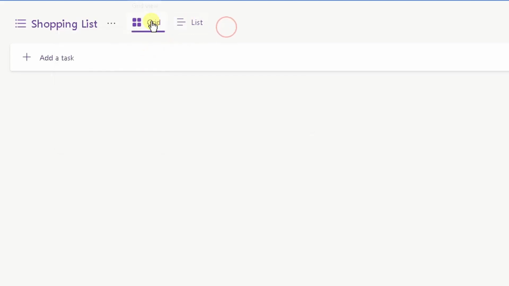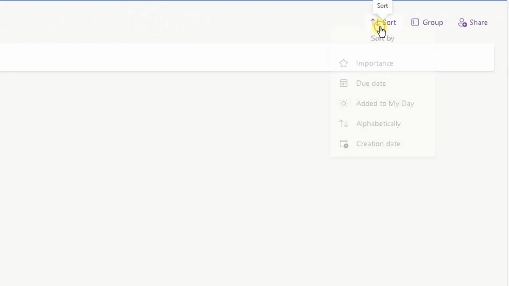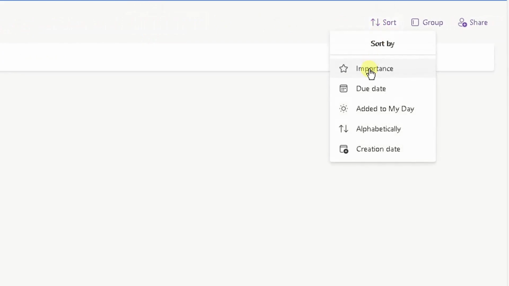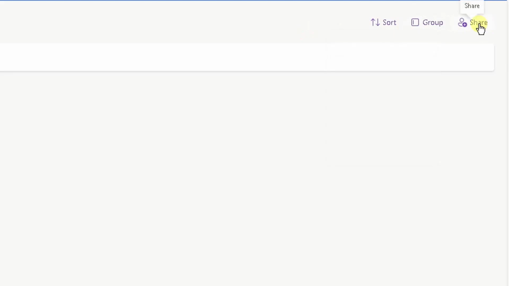And there's also different views you can have. You can have a grid view, a list view here, so that's entirely up to you which one you want to use. Play around with it, get familiarized with To Do. Scroll across to the right, you can sort in order of importance, due date, added alphabetically, creation date. You can group them,